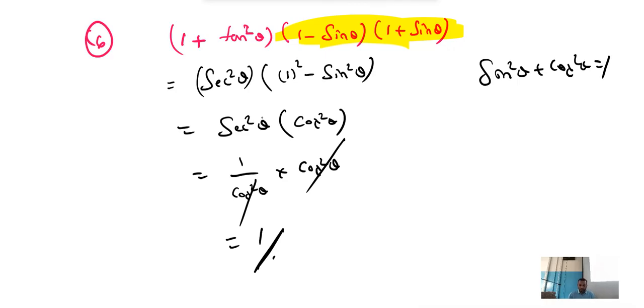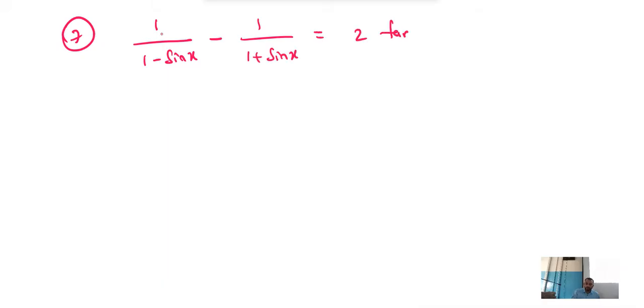Sure? Confident? Good. Next question. Make a note. Shall we go ahead with the next question? Question number 7. Prove that 1 by (1 minus sin x) minus 1 by (1 plus sin x) is equal to 2 tan